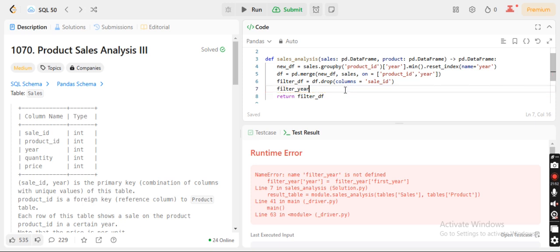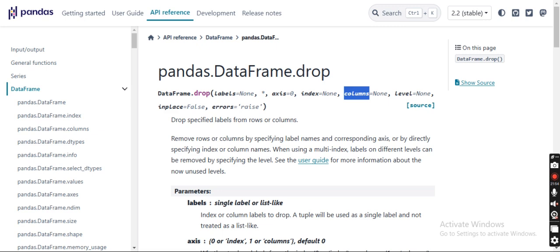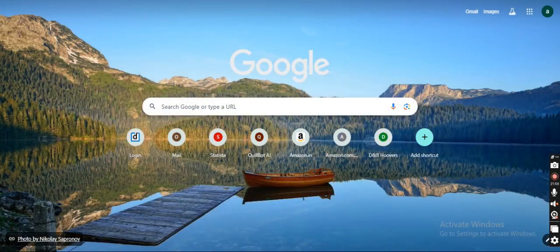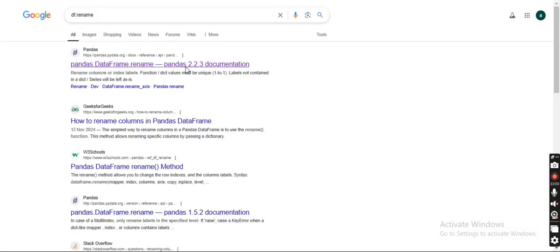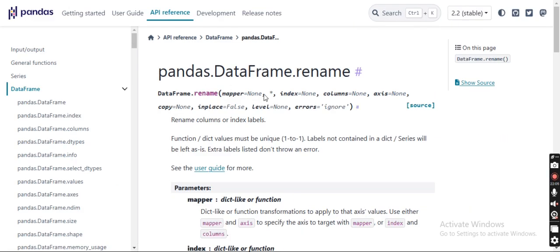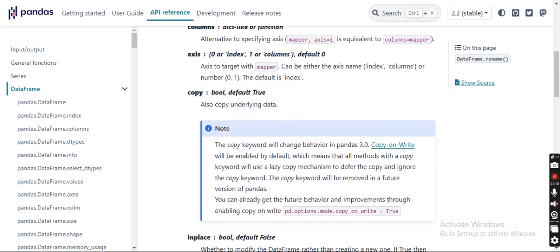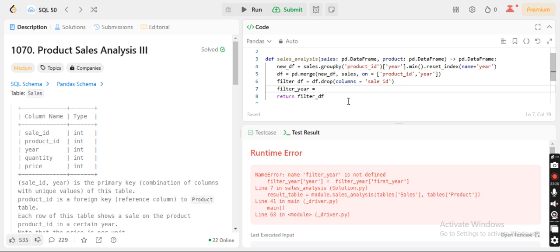Let's do it this way. So filtered df equals to, and let's just go to the documentation and just see what the documentation is for our rename thing. So df.rename function. Yeah. Actually, in the interview also you can use this documentation. It is completely fine. So rename columns. Okay. And let's just see one example for this. Okay. So one second.